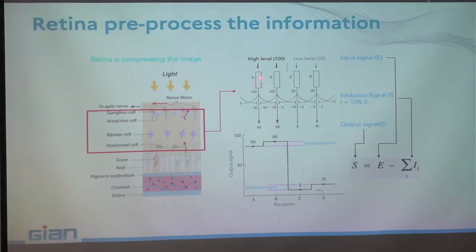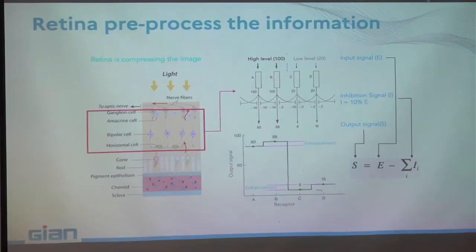If this one sees a value of 100 of luminance, it will send 80% to other signals that make the summation, and it will send an inhibition signal to that one telling it, I see 100, you get out 10 from your value. That means we see also 100 and send 100 minus 10, and the other, which is at a lower level, we have a contrast here. What will happen? This one will tell him get out 2, and finally this sends 88